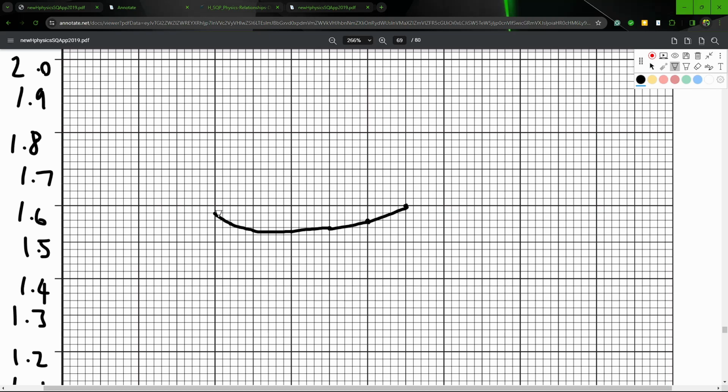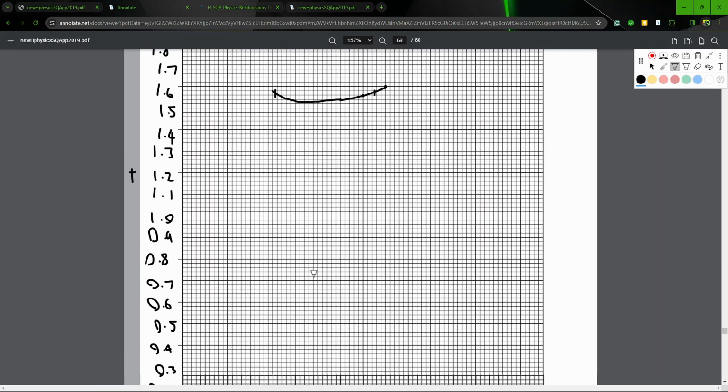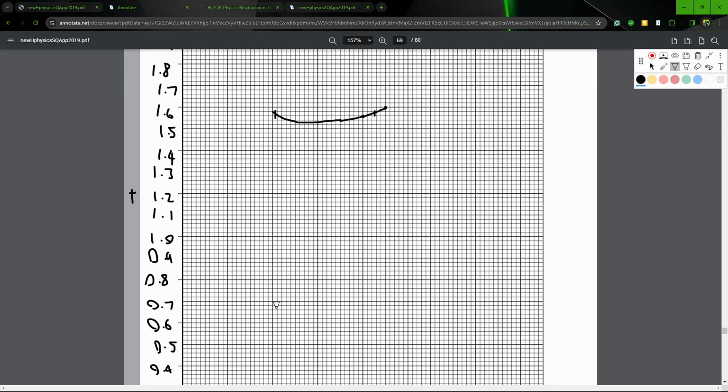So according to this graph, it's in between there. So I'm going to get my highlighter out. It's one there, and then one here. They're both in between stuff, so I'm reckoning that's